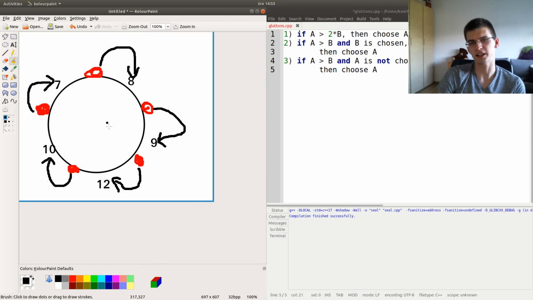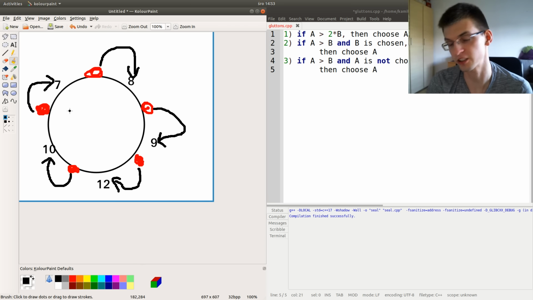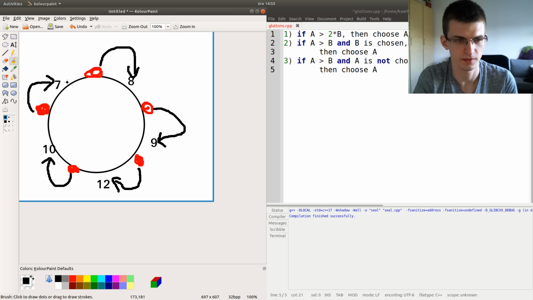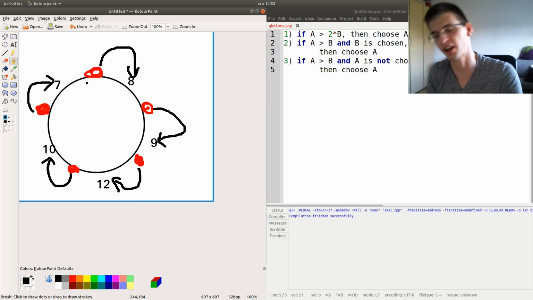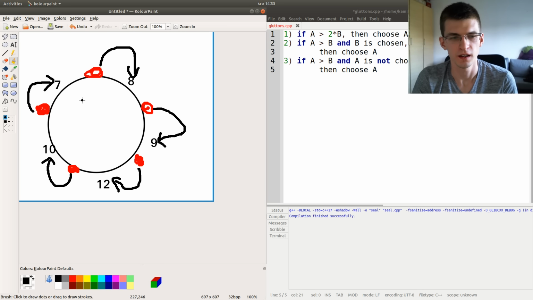Right now we can see that the whole drawing became kind of irregular because every person took a cake on his right, or on his left actually, and it turned out to be fine because for every person, if he wants to change his decision, he will get half of the value of the other cake.